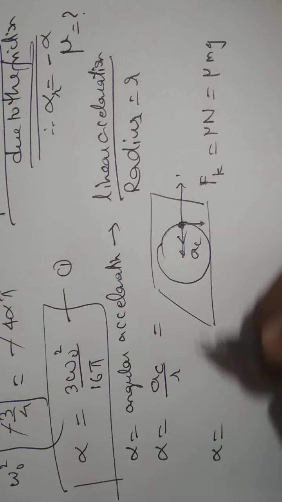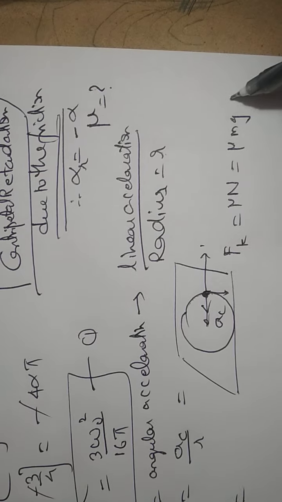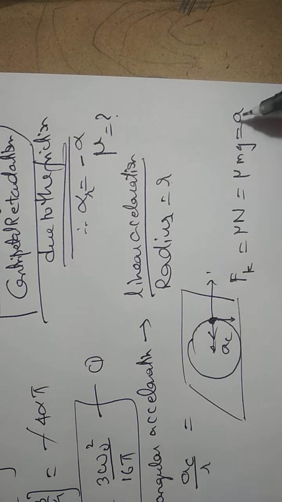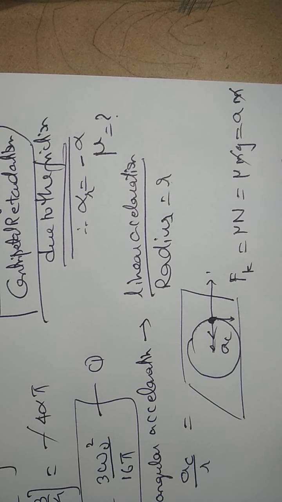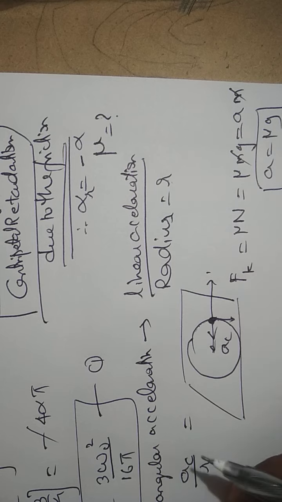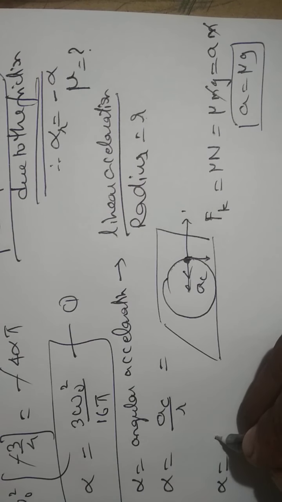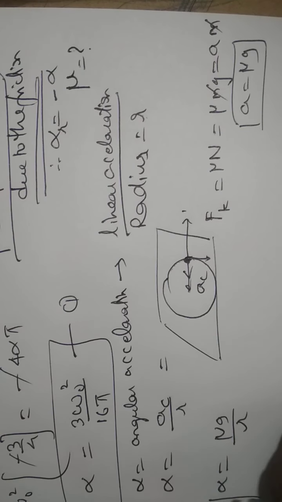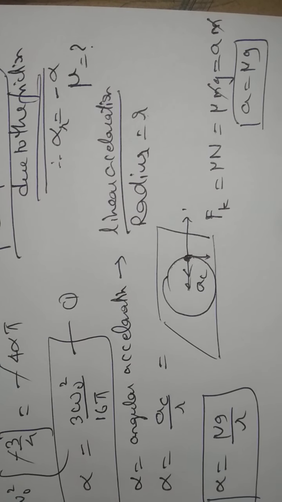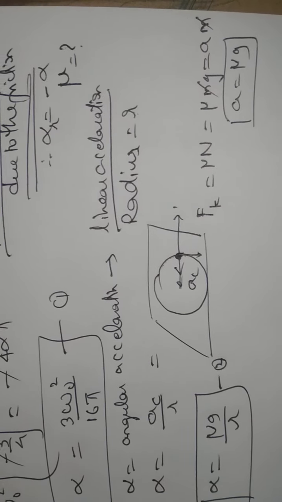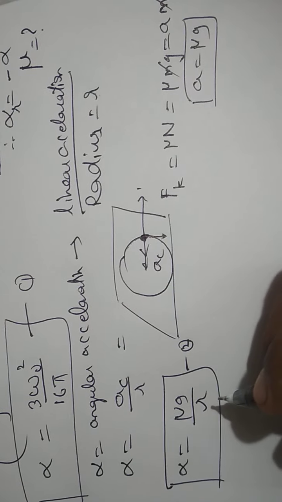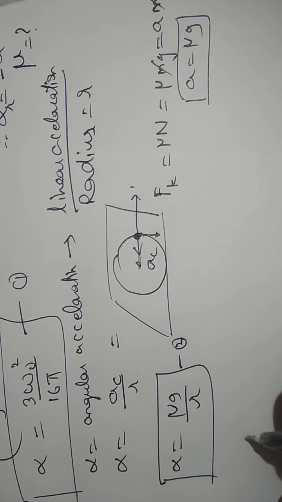So alpha is equal to what is A. From this we got the acceleration, the actual linear acceleration. A into m, or ma, what is that? Whatever, m cancels. So what is A? mu g. So we got A, we're going to substitute it here: mu g by r. So we got alpha. That's it. Our problem is solved. We just have to substitute this. This is equation 2. We just have to equate these two equations. Our problem is solved. So I'm going to equate them.